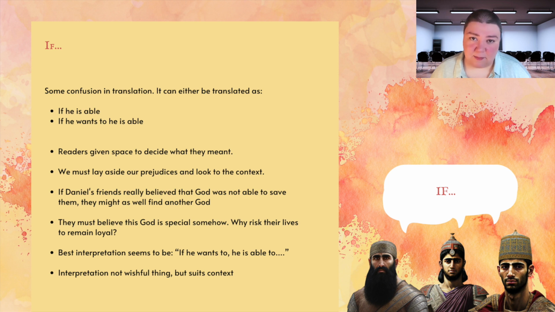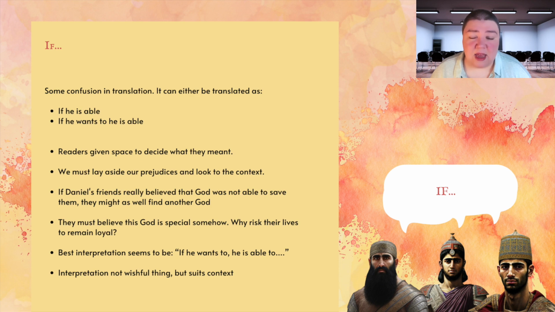In deciding, we must lay aside our prejudices and what we want it to mean, and instead go back to looking at the context of the rest of the chapter. What makes sense within the context? Well, if Daniel's friends really believed that God was not able to save them, they might as well find another God. But they clearly think their God is special somehow, otherwise they wouldn't be risking their lives to stay loyal